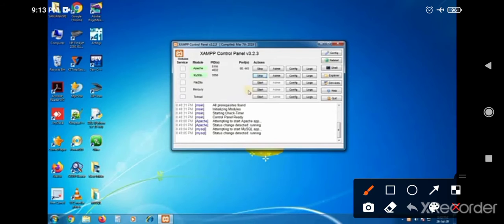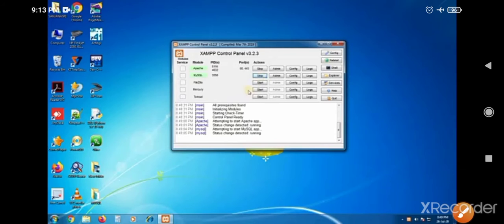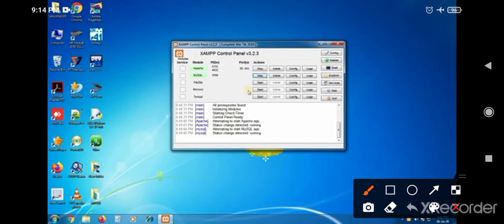This is the active position of Apache and this is the active position of MySQL. Just click on this start button. After the start button, it changes into stop. Now how can we check the progress of Apache and MySQL? Here, can you see the port number?